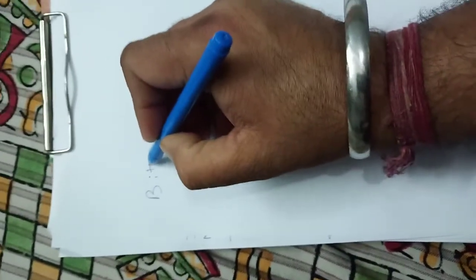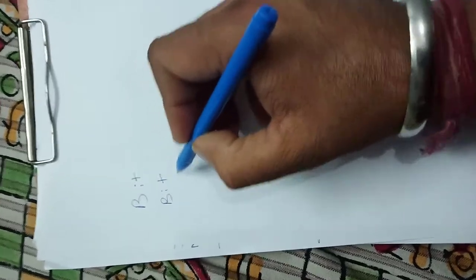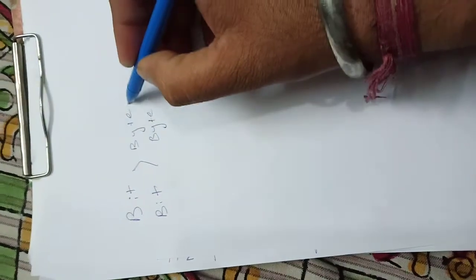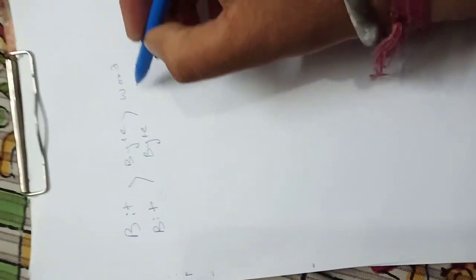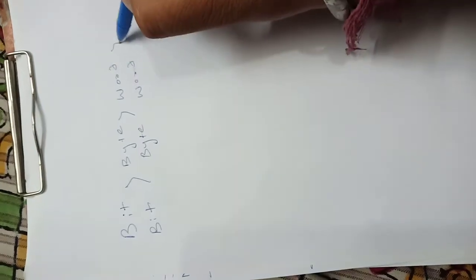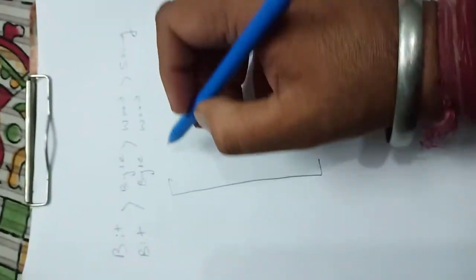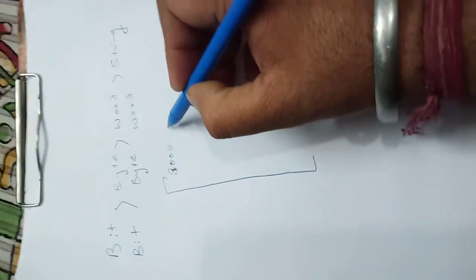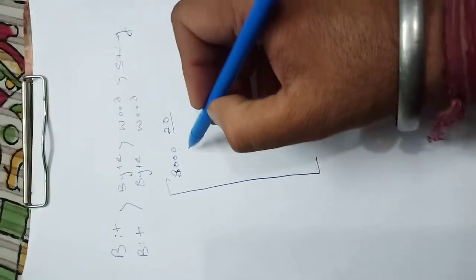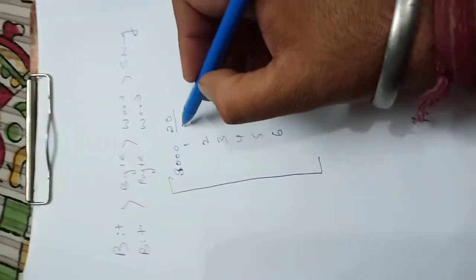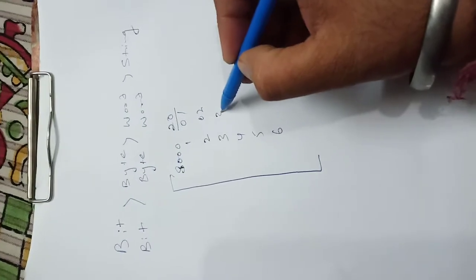So we know that bit by bit becomes byte, and byte by byte becomes word, and word by word becomes a string. So basically string is a collection of data. Suppose I am taking a specific address, say 8000, and on that I am writing address 20h. 1 2 3 4 5 6. So these are the 6 specific addresses on which there are specific data.